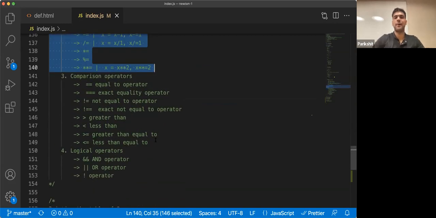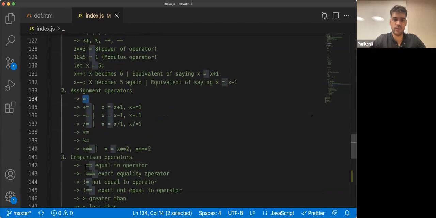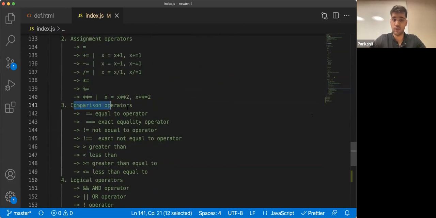Similarly, we have comparison operators. Now, this is a different category, and a lot of you yesterday confused this with the assignment operator, single equals and double equals. So this is for comparison. When I say comparison, it means you want to check two values. Let's say I have 5 here and I have 5 on the right side. If I want to check if they are equal, I can use the equality operator. So let's just